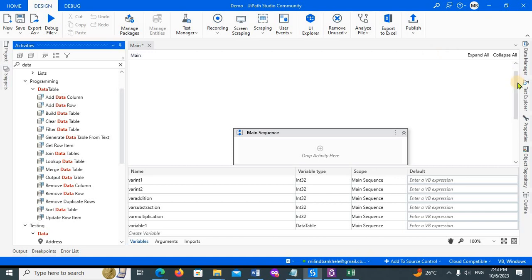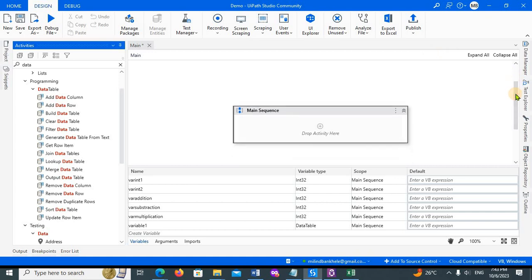Now we'll see how we can go with the data table, right? How we can consider that functionality, or how we can take that Excel file and set that Excel file as a data table, and which kind of activities we can perform on that data table, right? So first of all, we will take